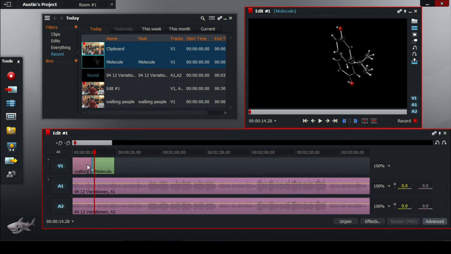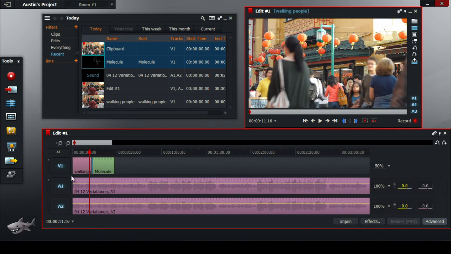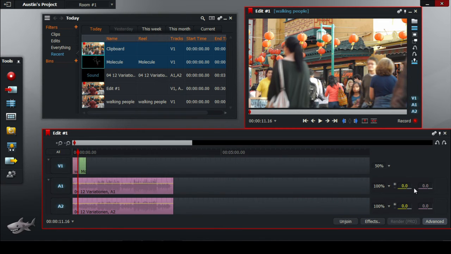Okay, I'm sort of getting annoyed by this song, so while I'm editing, I'm going to actually drop the volume of it. And to change the volume of a track, what I'm going to do is go over here to the side. Again, we would need this advanced button already pressed, so I'm going to press it again just to show you. These yellow numbers over here are going to change the audio level of the audio track. So I'm going to click over here, and make sure the mouse is a cursor with a little symbol by it that has 4 arrows on it. And when it's like that, I can drag down and change the